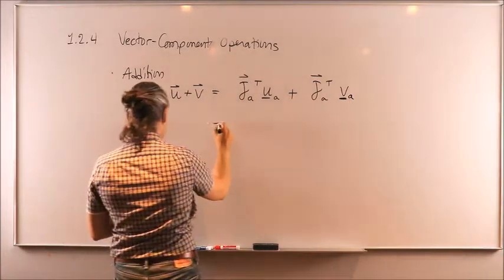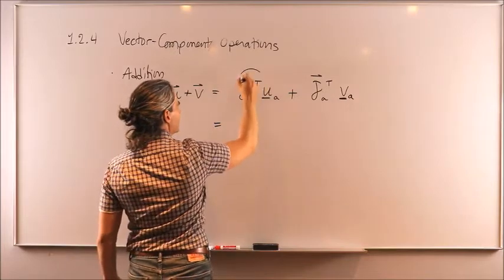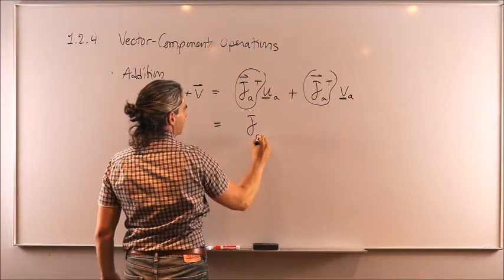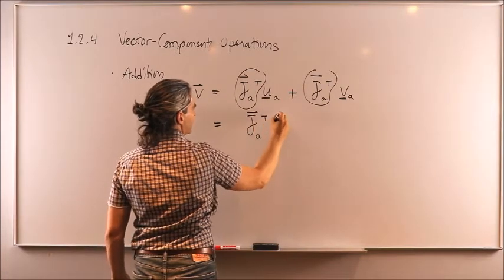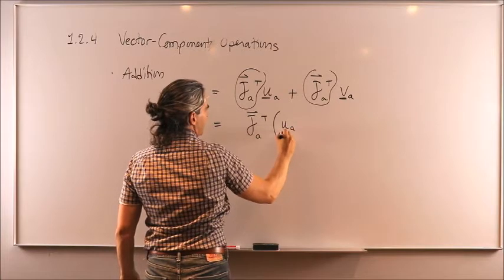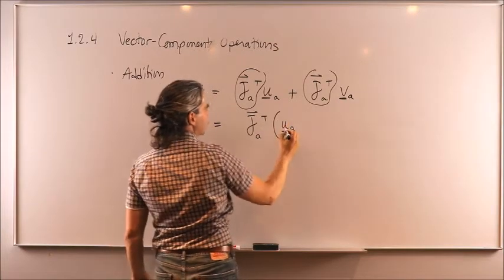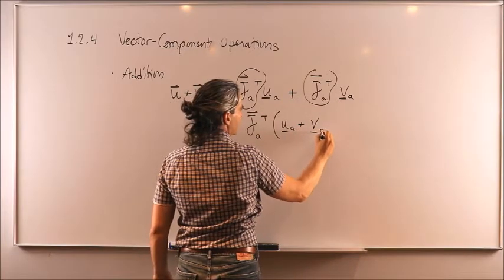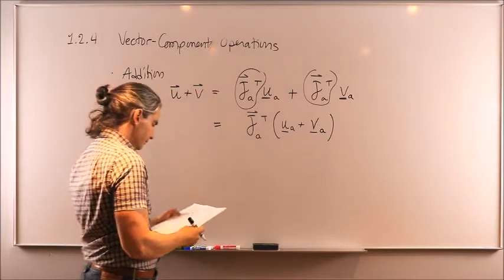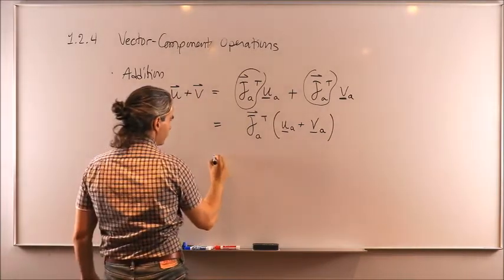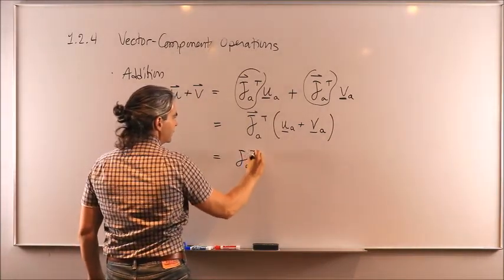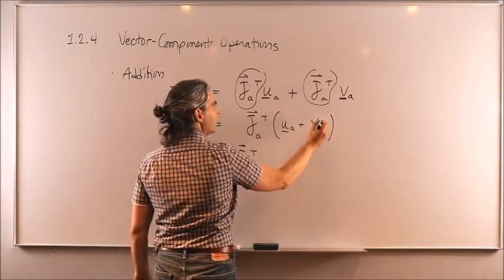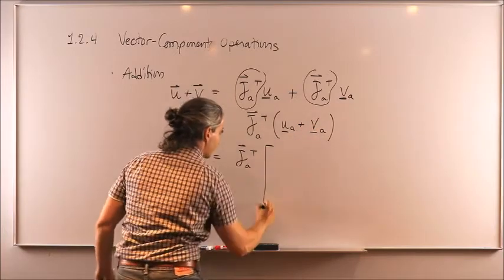Well, what I can write down here is that I can take the transpose of the vectrix out of this, like this, then add the components of vector u in reference frame A to the components of vector v in reference frame A, like that. And if you want to further expand that, you can easily do it by remembering that this is a 3x1 matrix plus a 3x1 matrix. That will be